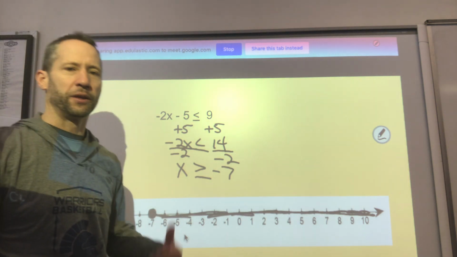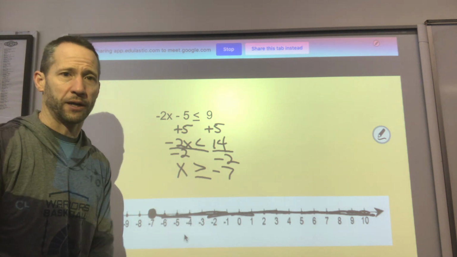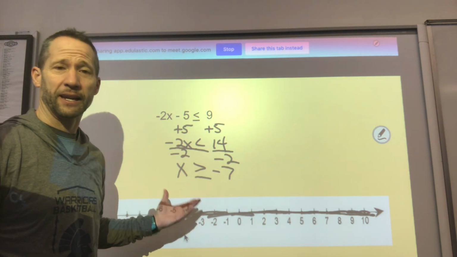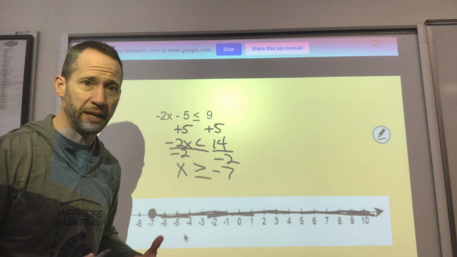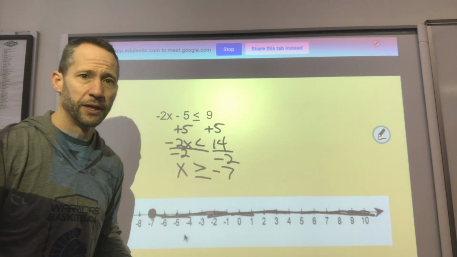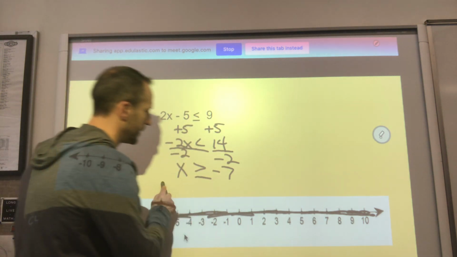So these were the inequalities that we spent the majority of the week working on. And they did get a little bit more intense than this. They were a little bit more challenging. We went to multi-step where the distributive property came back in, combining like terms. And then the last thing we did is we ended the week,